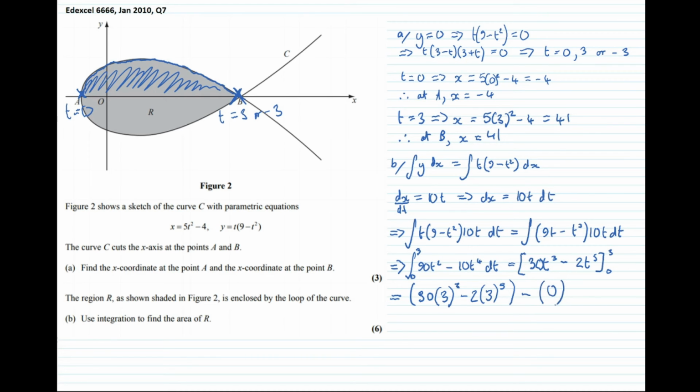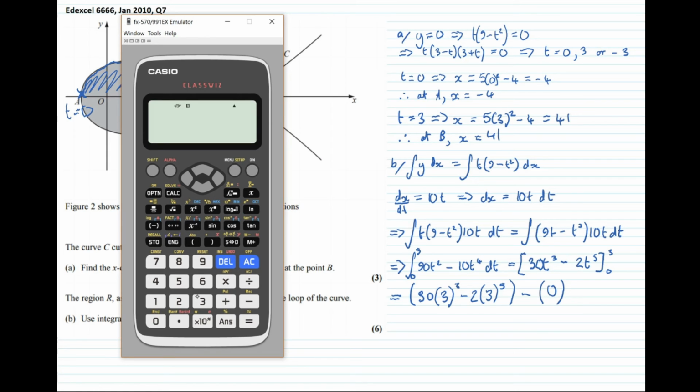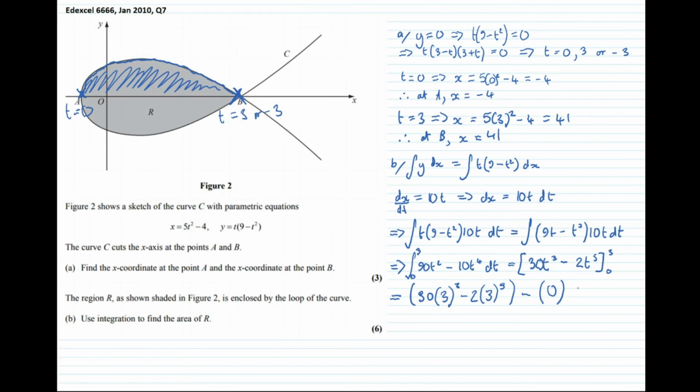It's important to write take 0 because that acknowledges that you've subbed the limit in. There's a mark usually in these exam questions for subbing both limits in. So even if there's a 0 as one, you should take 0. You should show that you've subbed the limit in. Okay, so now putting it in the calculator, we get 30 lots of 3 cubed take away 2 lots of 3 to the power of 5, which is 324, take 0, which is 324. However, we've only found half the area